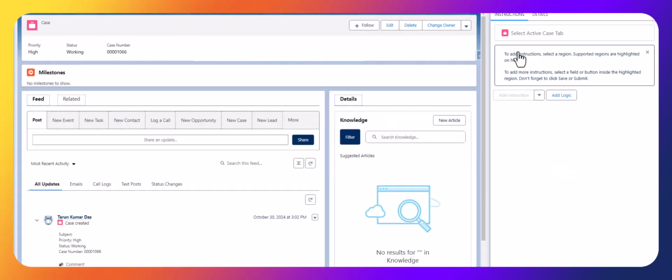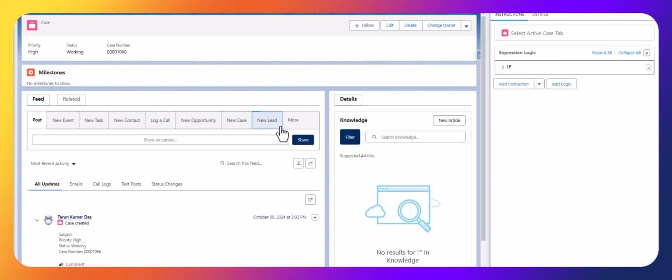Going to add an instruction here. We are going to